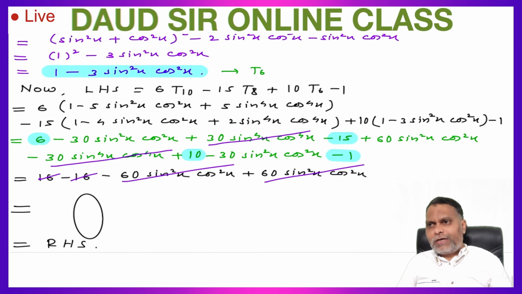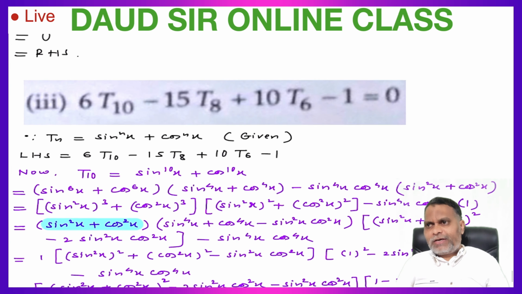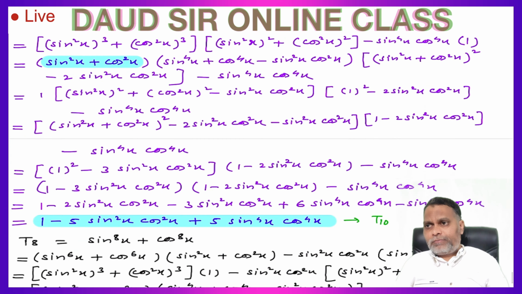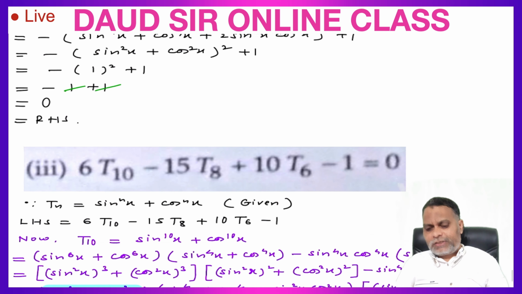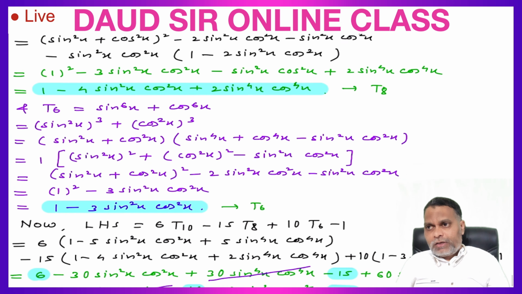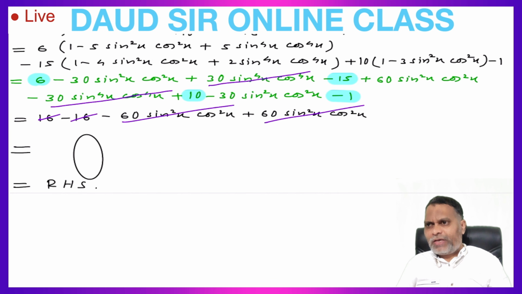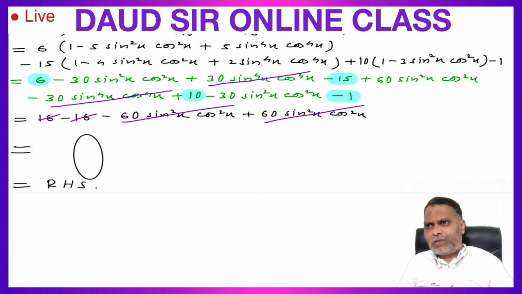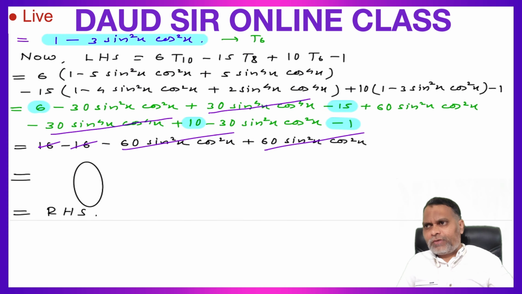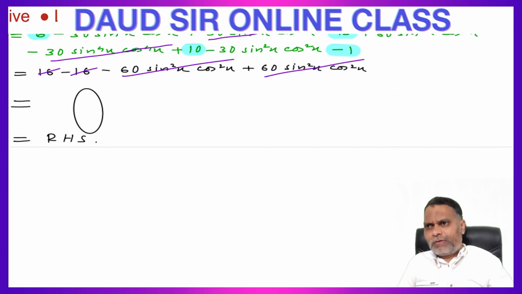So the question was very lengthy. Difficult terms came here, power 10, power 8 and power 6. So we solved each part separately and finally we substituted the values in the left hand side. Here we applied the identity a cube plus b cube most of the time. So this question is a little bit lengthy, but not so difficult if you go through it logically or do some practice of how we can convert power 10 and power 8 into 6 and 2. So you can solve this question.